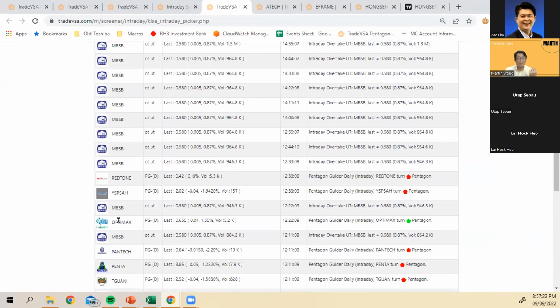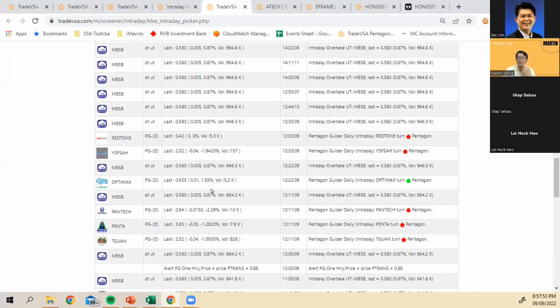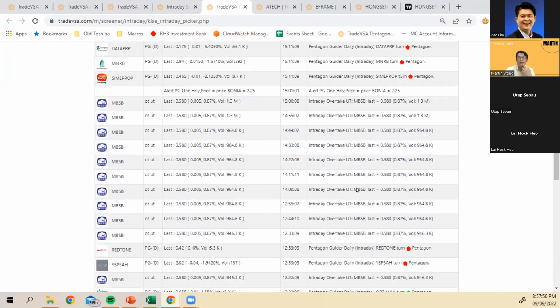Now remember, some of these may have turned green Pentagon at that time, but that was at 12 o'clock. It turned green Pentagon on the daily chart. However, maybe around 4 o'clock, it became an upthrust. So that's why we say these are intraday Pentagon on the daily chart. To confirm it, we have to wait until 5 o'clock. Keep that in mind. So some of these we enter very early, but usually I notice around 3 o'clock, those that turn green Pentagon are likely to turn on. So you can see Optimax turned on the